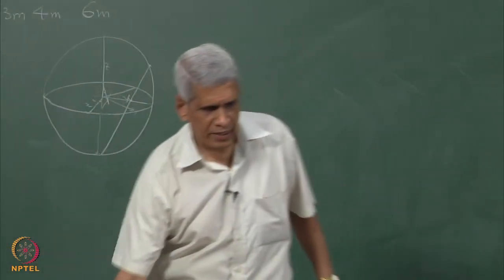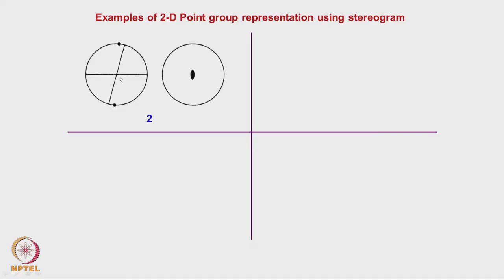Here, a projection is being shown, and this is the axis shown on the 2-dimensional projection. If we take a pole of one point, it will be rotated by 180 degrees for 2-fold rotation, and it will come here. This is one way to represent. Another way is on the same stereographic projection, where the symbol used for 2-fold rotation is nothing but an ellipse. That way also we can represent it.